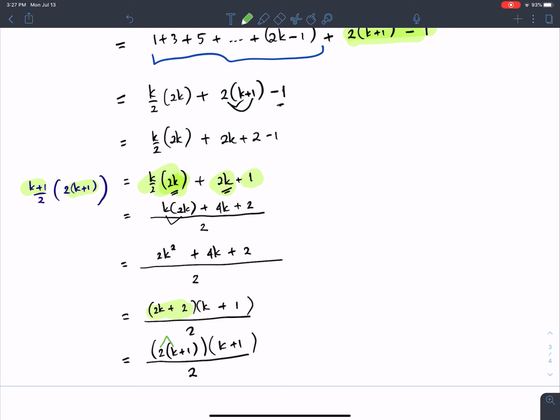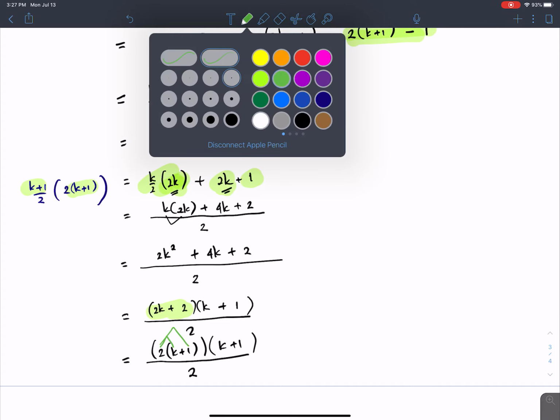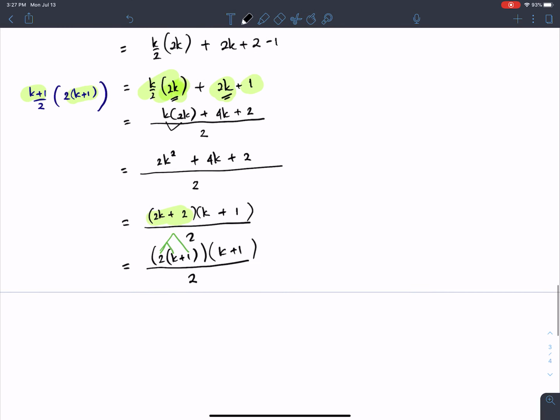If you multiply this, you get 2k. Same with above. If you multiply this, you get 2 times 1, you get 2 over there. So it's same as above. Now continue. We're almost there. So I have now k plus 1 here, k plus 1 here. So can take out the k plus 1. So k plus 1